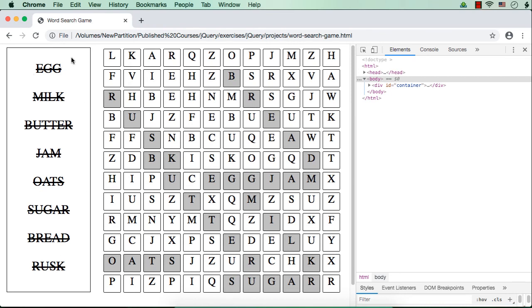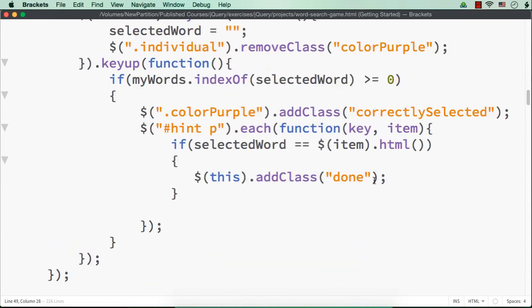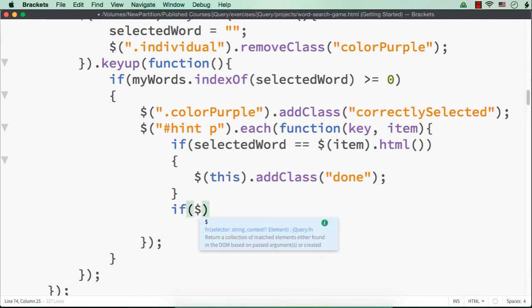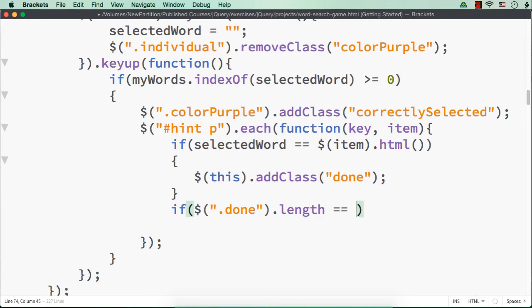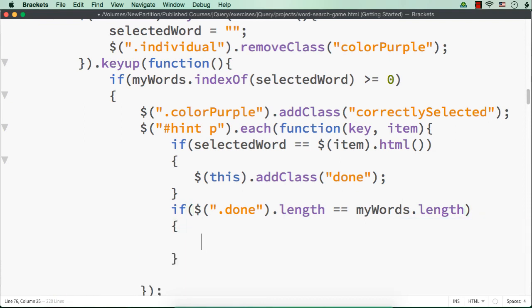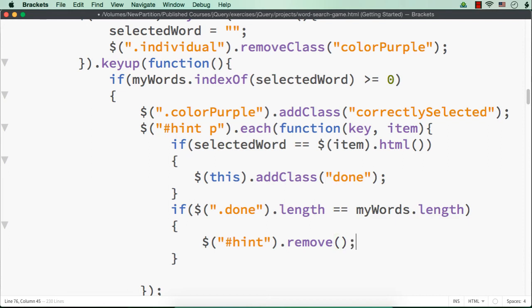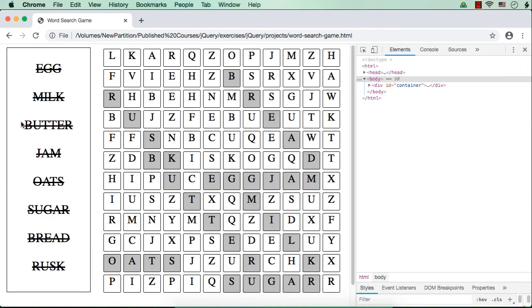So we should give some hint to the user that the game is over. So what we can do for that, we are adding the class name done here, right? So after this we can make another check. If $.done, that is the class name, .length equals my words.length, which means that we have found out all the words correctly, right? In that case, what we can do is that we can specify $hint.remove, that is all the P elements in that hint div element, that is this main div element,